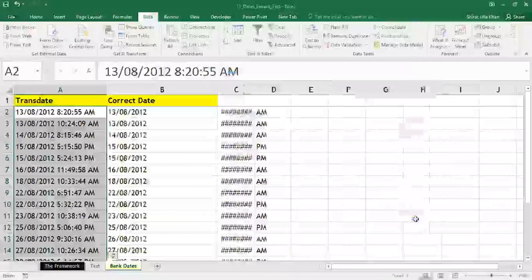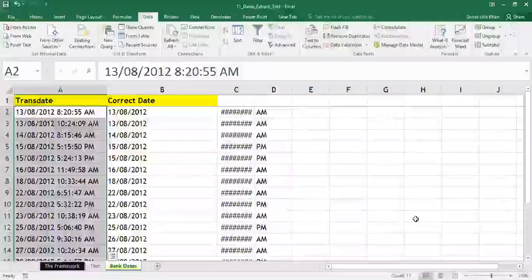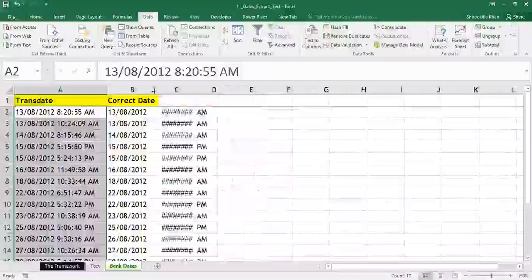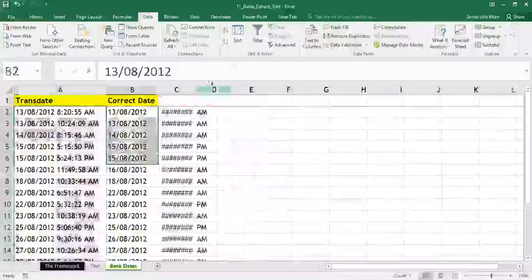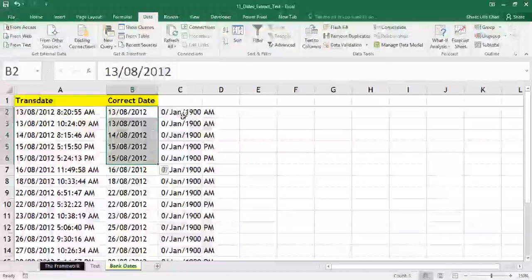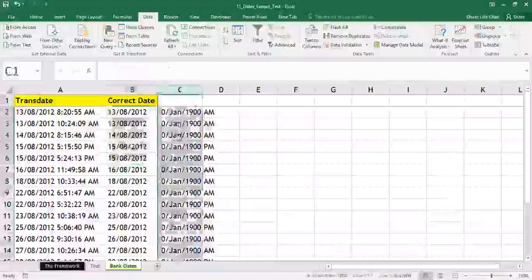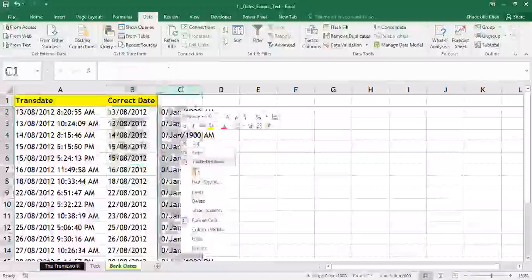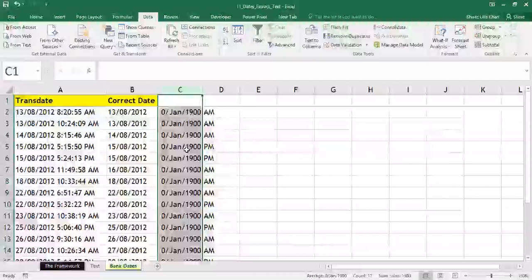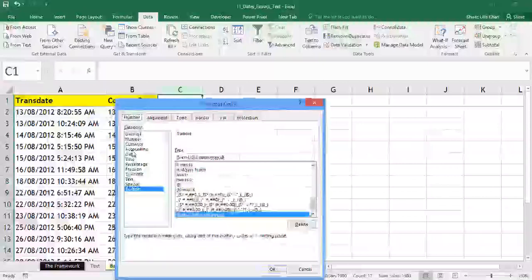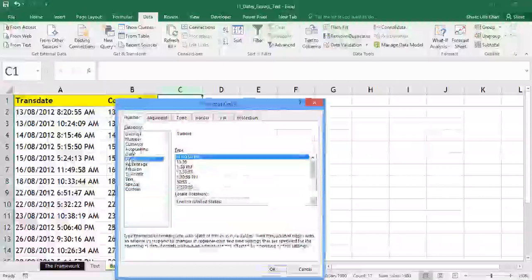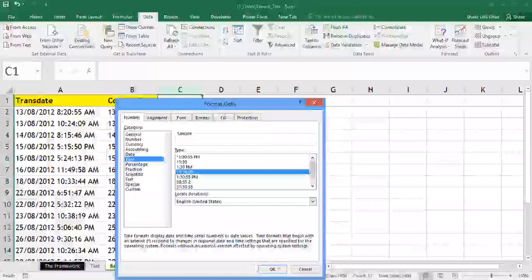Once you click on the finish button, the data is split into three different columns, column B, column C, and column D. Column B is the date, and in column C, time has to come, but column C is not formatted. Let me select column C and format this. So I'm selecting column C, right click, Format Cells, and let me select the category of time. You can select any one of the types for the time. I'm selecting this category and click on OK.